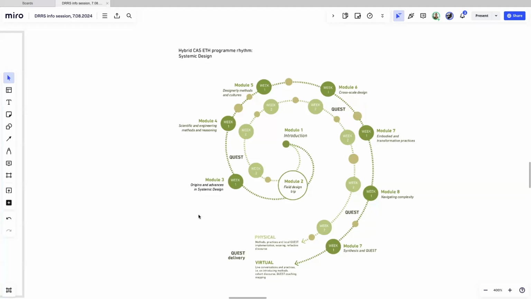So from these origins, understanding where it comes from and talking to different people who are deeply in this field, we go to scientific and engineering methods and reasoning. So something from philosophy of science to understanding what is science as a process, as a methodology. How do we write scientifically, and what are certain quantitative and qualitative methods? For example, life cycle assessment. How to develop a life cycle assessment analysis. What does it mean? What does it comprise? What kind of data go in? What can I do with it? What is the kind of